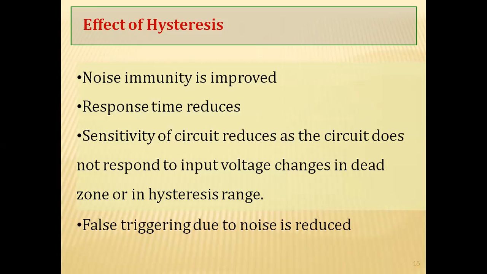In the case of a zero crossing detector or comparator, whenever your input crosses the zero line, there used to be saturation of the voltages from positive to negative or else from negative to positive. That was the disadvantage of the zero crossing detector. Even if noise mixed with the input signal, if the noise crosses the zero line, there would be saturation from positive to negative and negative to positive. That disadvantage is removed in the case of the Schmitt trigger.